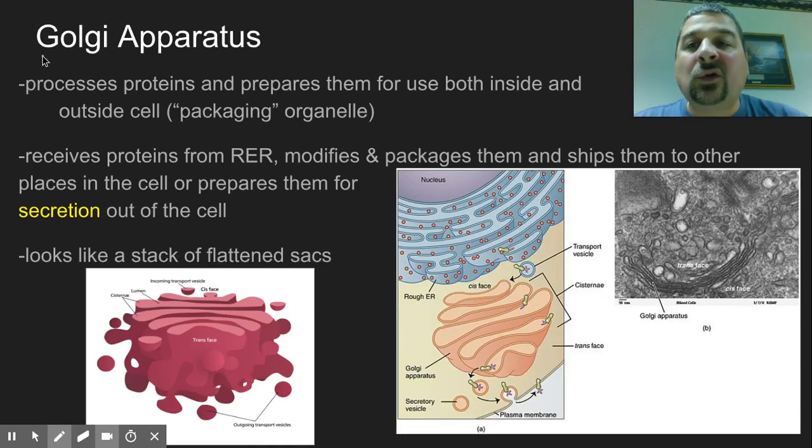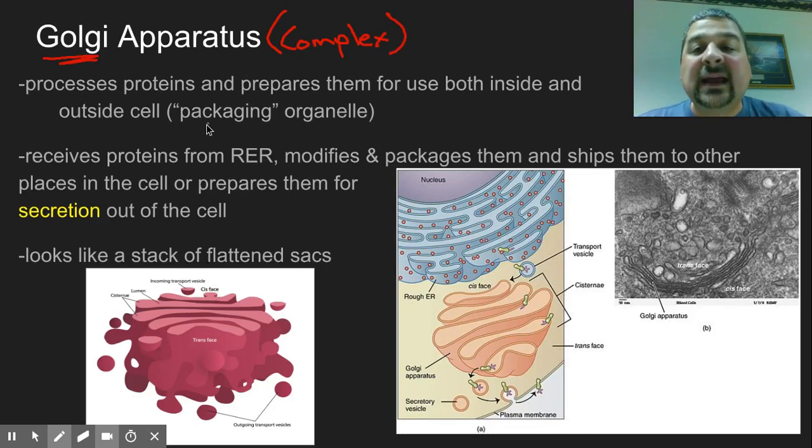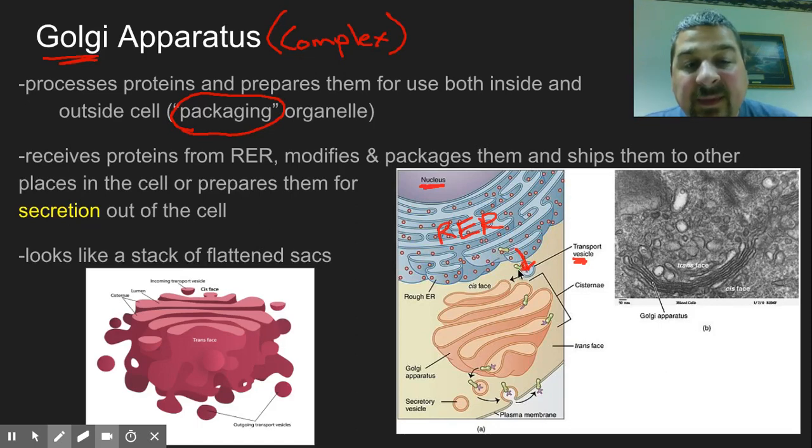Last organelle here is the Golgi apparatus. Everyone say that, Golgi, not googly goggly. I hear all kinds of things. Golgi apparatus, or sometimes called the Golgi complex. The Golgi complex I often refer to as the packaging department. If you look at where it's at, here's the nucleus. Here's the rough ER, the RER, where here's the ribosomes making the proteins. The proteins are going to leave in a little transport vesicle, are going to leave the endoplasmic reticulum, and